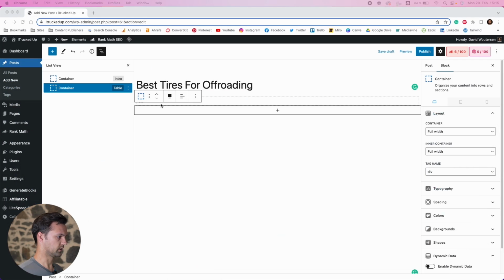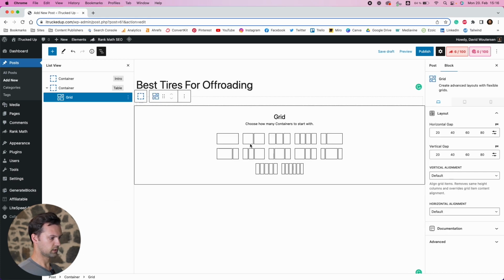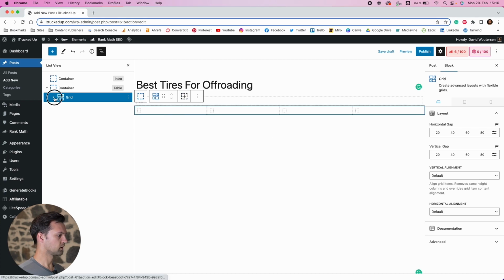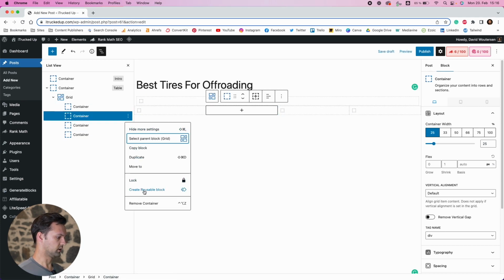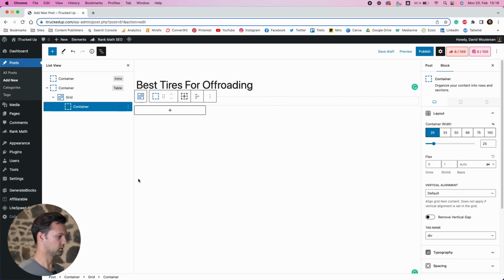Let's go and then add a grid. So you can just go and type in grid. Add that, and then look for 4 or however many you want. We can expand that. Now we can see, okay, we've got 1, 2, 3, 4. That's going to be our columns. These 3 we don't really need right now. We can actually just delete those because we are going to just replicate this one container to make things